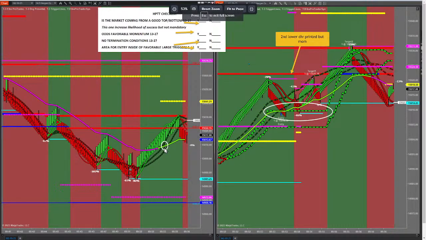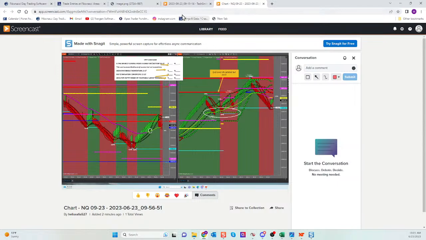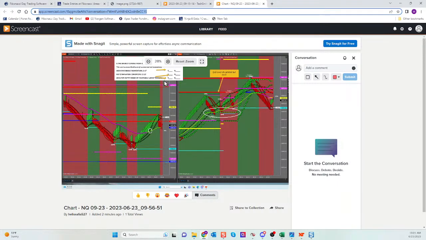Safia says with this many advantages coming from a termination condition, and look at that window of opportunity, she says wild horses couldn't keep me out of this trade, and she gets paid at the trouble spot and gets paid again at the second trouble spot. Safia, beautiful trade, rules-based trade. Notice that she used a checklist.